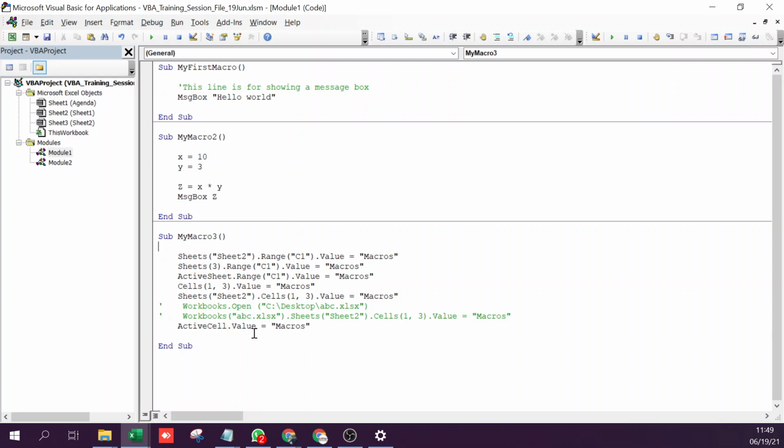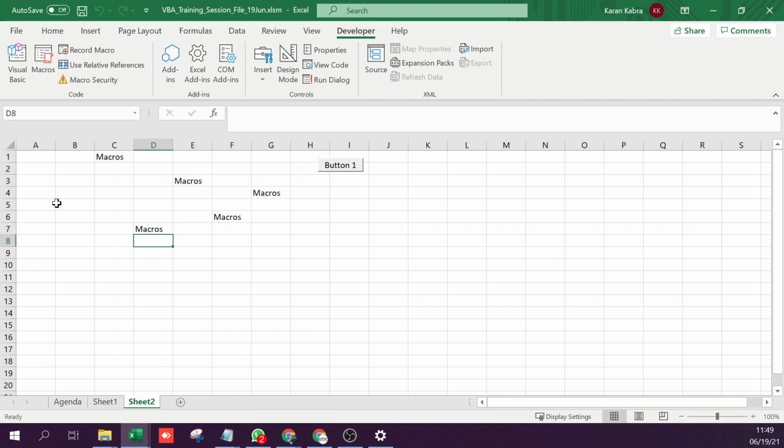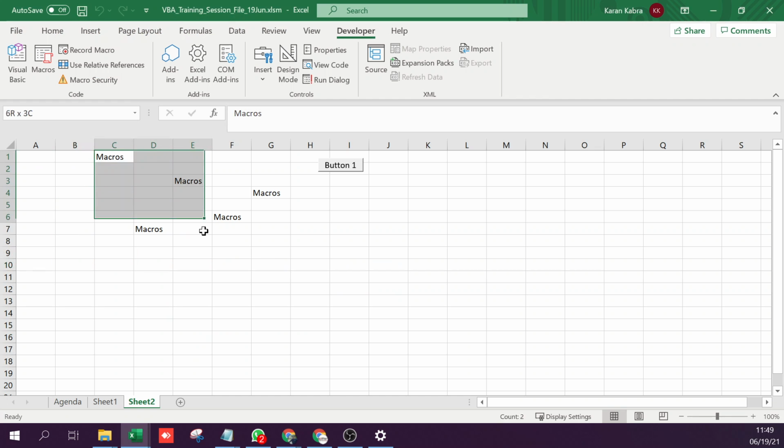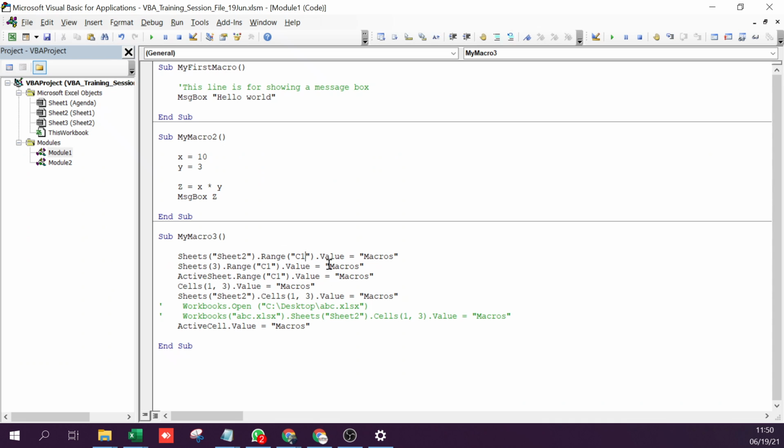Okay, so that's about Excel objects. Just one more thing before I move on. If you want to perform an operation on a bigger range, say the range is this, you can even do that. So instead of writing Range C1, if I write Range C1 to F10, it will basically consider this entire block. So normally if I have to do some formatting or highlighting, I first reference this entire range, and the way the range is highlighted is like this.